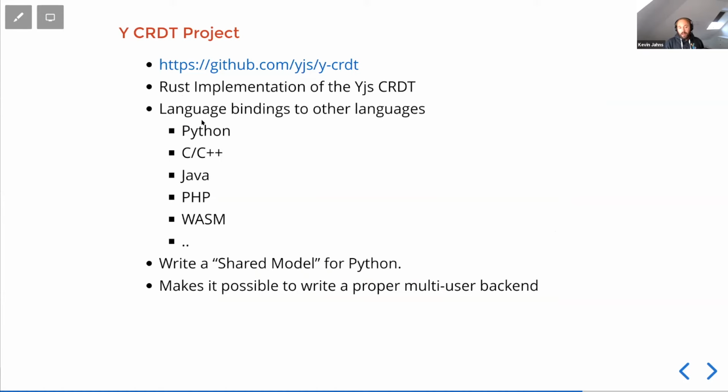We are generating language bindings to other languages like Python, C, Java, and WASM. They provide all the functionality that Yjs provides. But the advantage is that we don't have to make changes to all these different ports, because all these ports are automatically generated. Once all of that is done, and we are confident that the Rust implementation works, we can